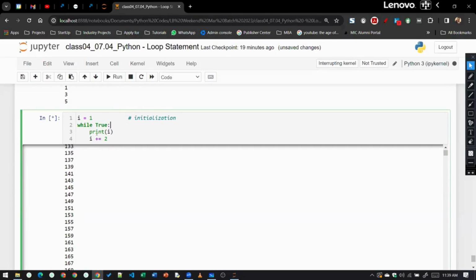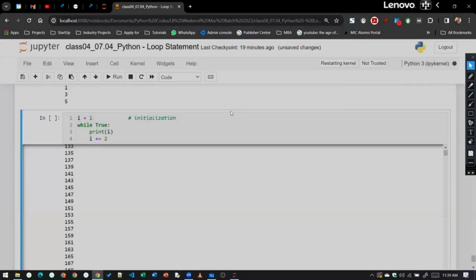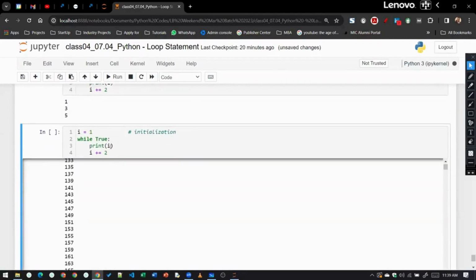This is called an infinite loop. Ideally, depending on the condition, you can have a starting and ending point, or like in this case, there is no starting or ending